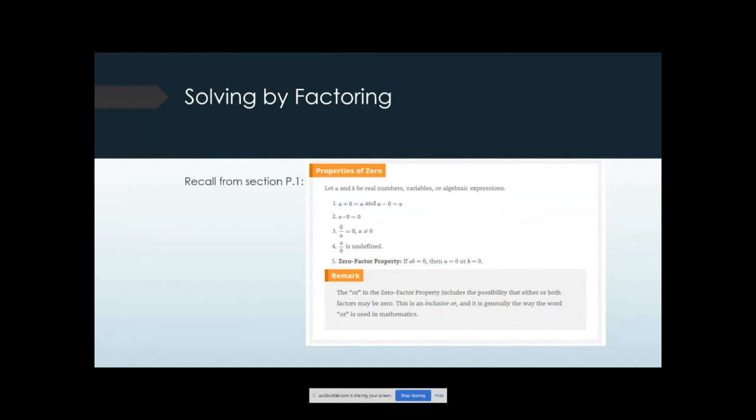And we had the fact that if you add or subtract 0, you're left with the same number. If you multiply by 0, you get 0. 0 divided by a number is 0, or a number divided by 0 is undefined. And then we had this last one,